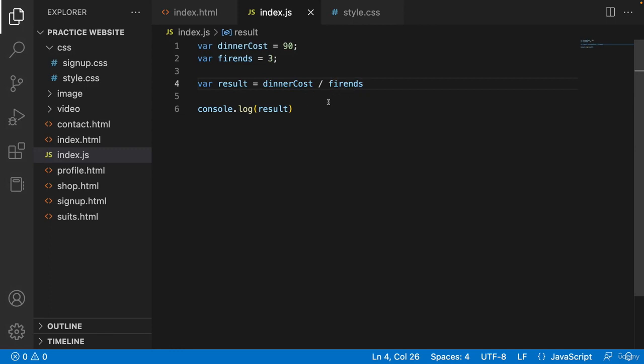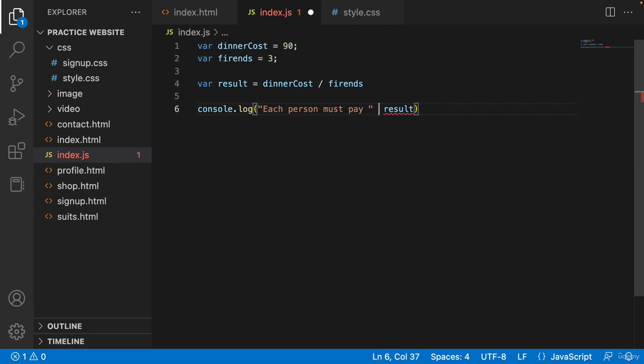There's another operator which is really useful, but later in the course I'm going to point out that operator. And one other thing is that we can use plus sign with a string and numbers or variables. For example, here we have the result, okay? And what if I want a string to come before this result? For example, I can add a string here, and I can say each person must pay,